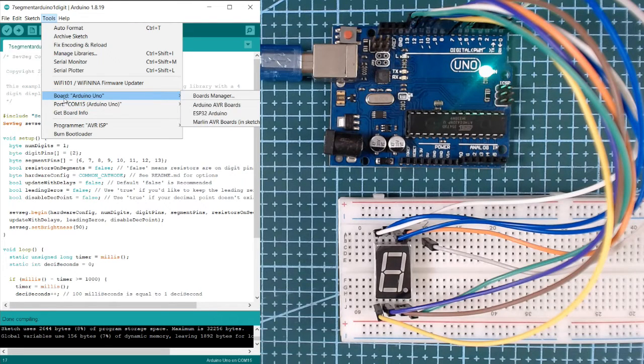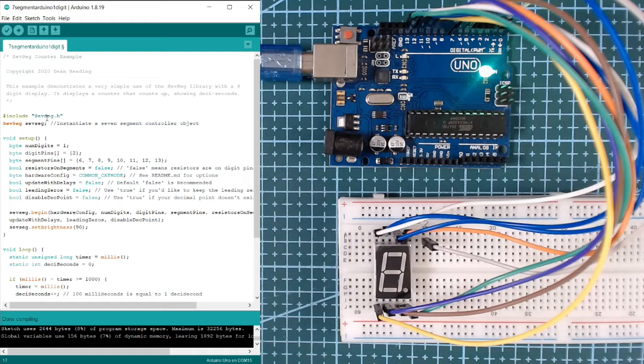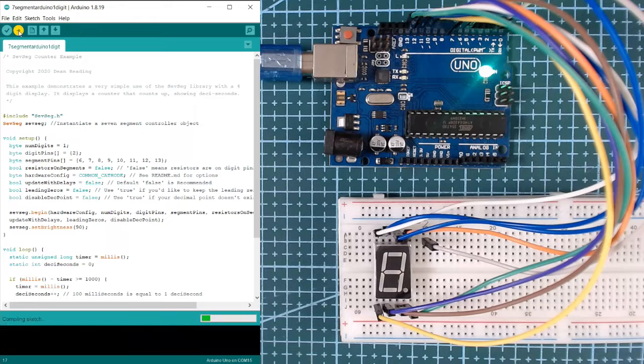Make sure the board is Arduino Uno and the port is, in my case, COM15, since this varies from PC to PC. Once these parameters are checked, we can now upload this code to our Uno board. Let's upload the code by clicking this upload button.